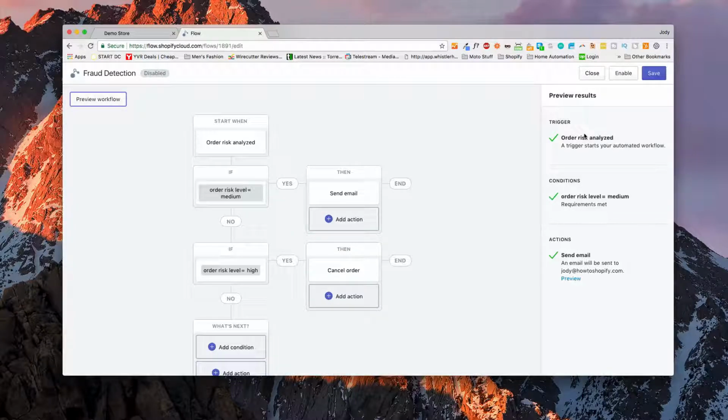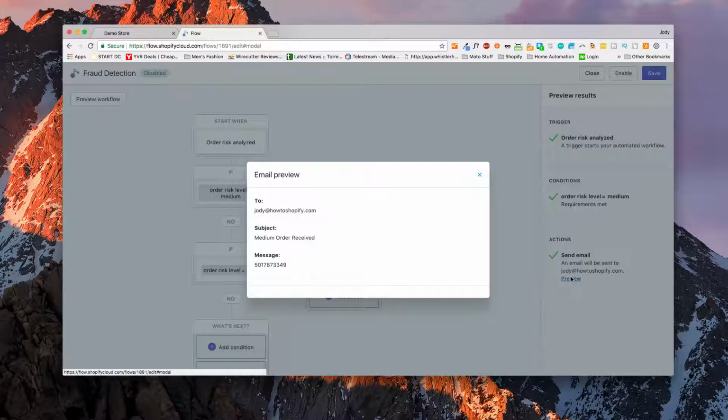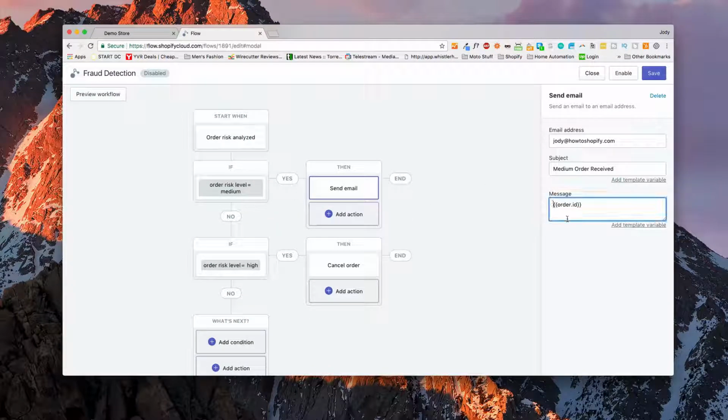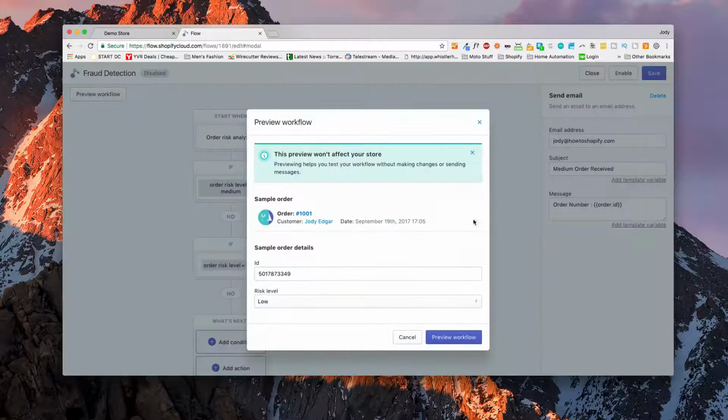It's going to go to the risk level equals medium and send an email to Jody at howtoshopify.com. So if I hit preview, we can actually see what that message looks like. One of the things that I've noticed is it just has an order number in there, so that's not very easy to understand. I can change the email and put some more descriptions in here. I can go order number, like so, and if I preview the workflow again and set that to medium,